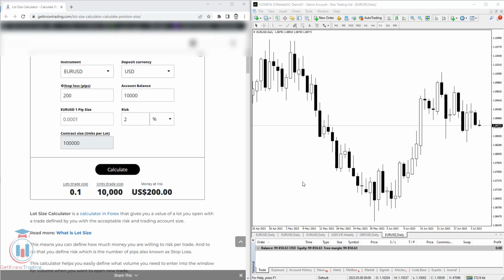In this video lesson I will show you what a lot size calculator or position size calculator is, which is the same in Forex, and how to calculate the lots and the units and also the money at risk. On the left side you can see a Forex calculator for the lot size, and on the right side you have a MetaTrader trading platform where I will show you an example of how to use this